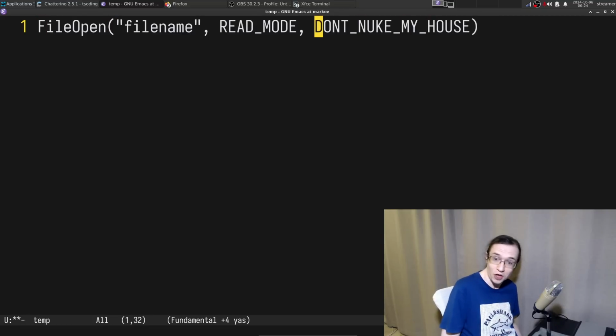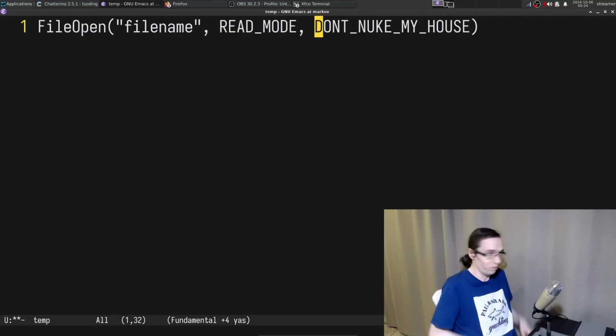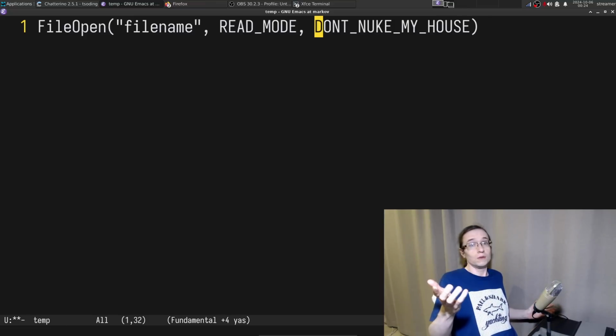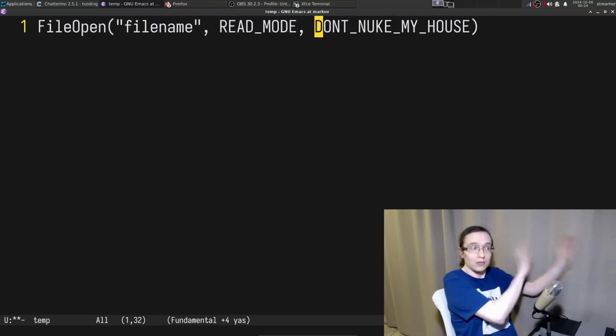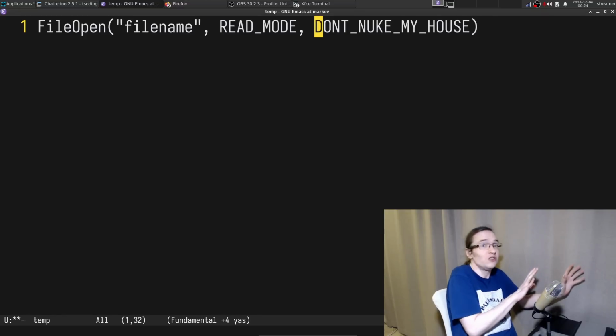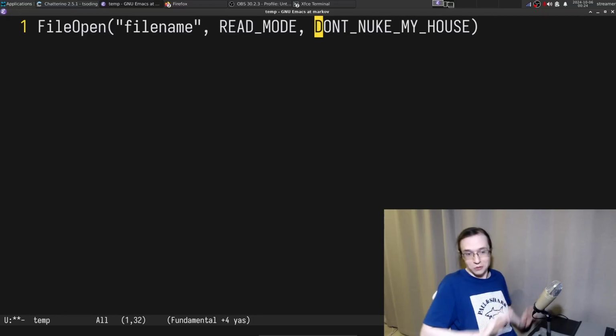Like, you dumb, you didn't read the documentation? Why didn't you read the documentation? Obviously, it fucking nukes your house. Obviously, it does that. You have to disable that, right? It's all on you. We don't suck at UX. Excuse me, we put that in the documentation. You just didn't read it, so it's all on you.